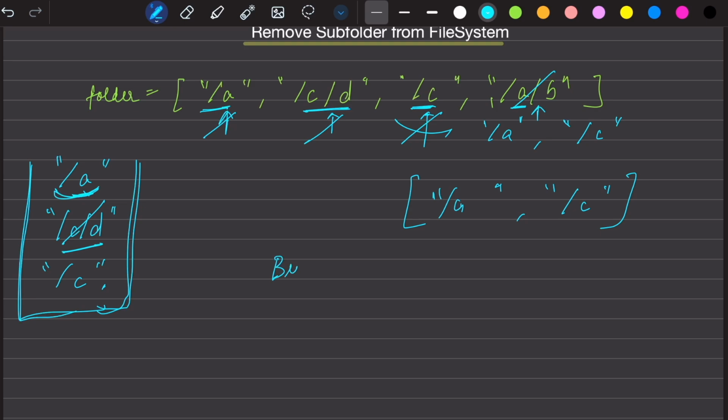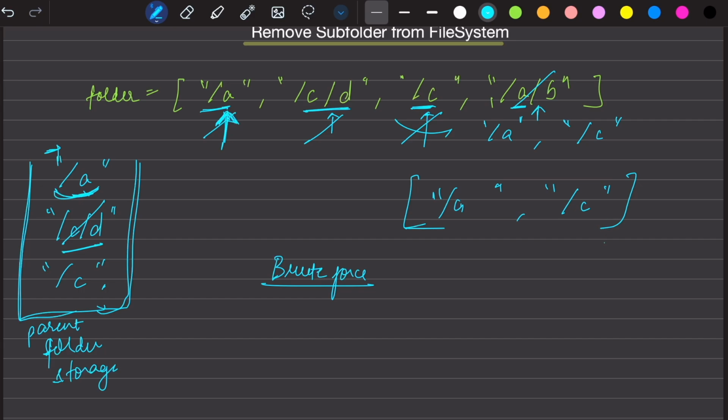So this is your brute force, right? You go to each folder in your storage, and if you do not encounter any folder that is a parent of this one in your storage, then you will add this folder to your storage. So let's just say this is called parent folder storage. And after that you will return your parent storage, saying that these are the only parent folders